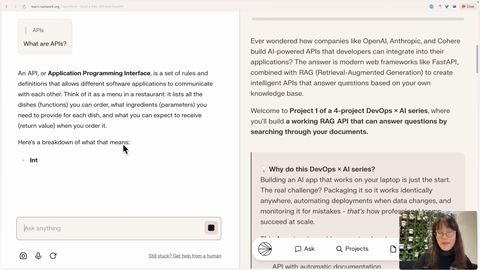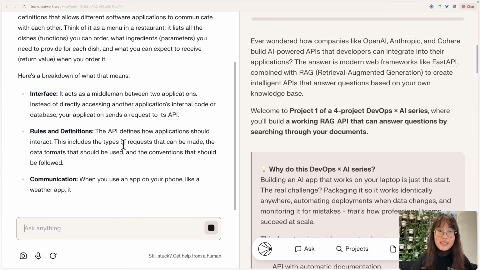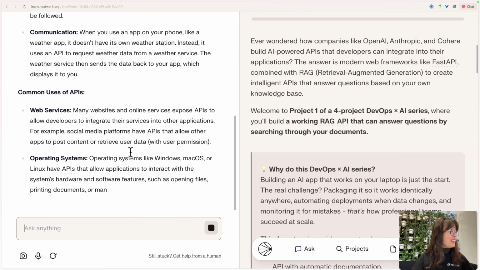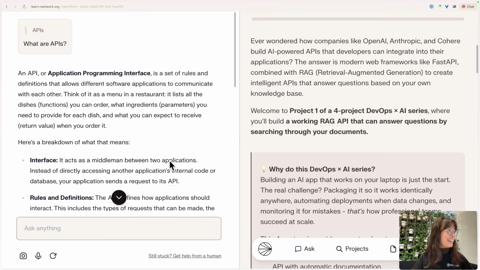Cool. So an API stands for an application programming interface. And an API is basically a set of rules and definitions that let different software applications communicate with each other. I think the simplest way to explain an API to someone else is to just say, how can 2 apps talk to each other? That communication method is most likely an API, where one application could be saying